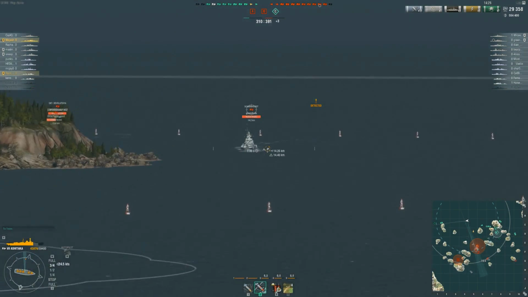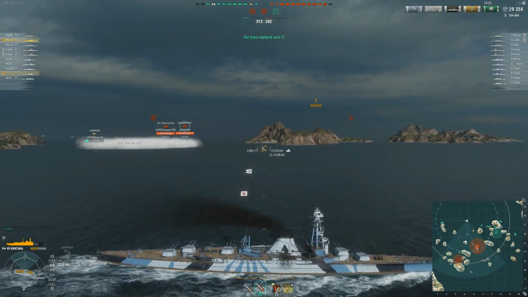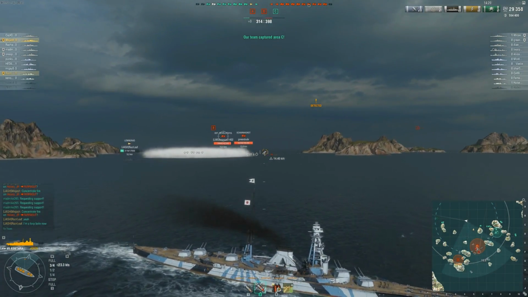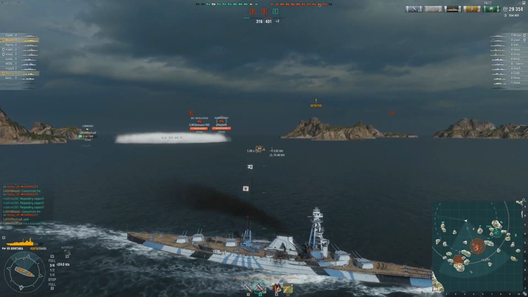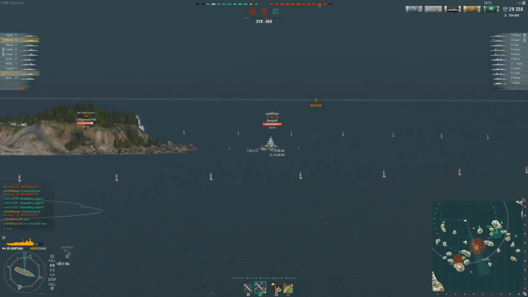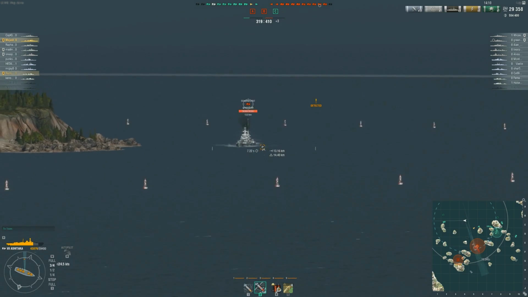I was wondering if we were going to see a stock Izumo at tier 8. We saw the Musashi, which is, I wouldn't quite say a stock Yamato, but it's definitely a weaker Yamato at tier 9. So I think this is a potential pattern we might see